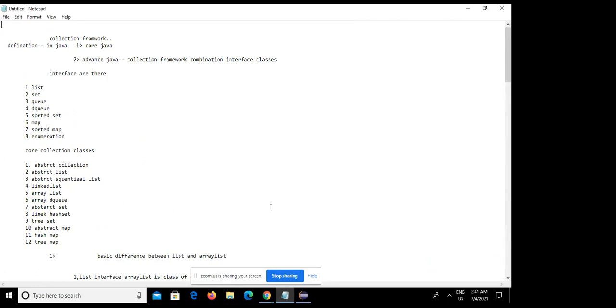There are a lot of interfaces, but we are not much aware of them and they will not be required, so I will teach only those that matter: list, set, PQ, queue, sorted map, and enumeration. List I have taught, and list is the interface. Now in the core collection classes, there is abstract collection, abstract list, abstract sequential list, linked list, and so on. We will do tree map and hash map. I will come to map and set later.